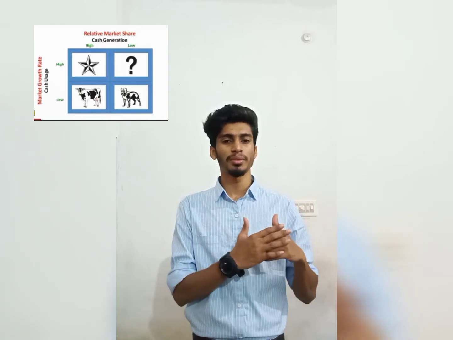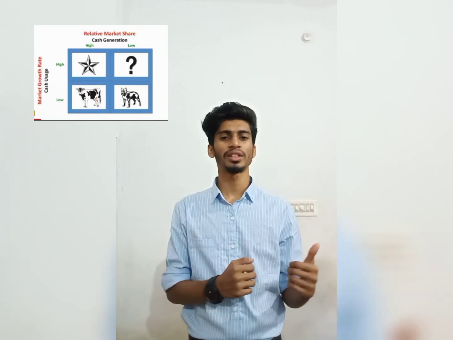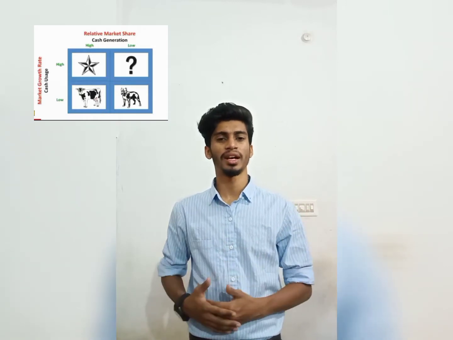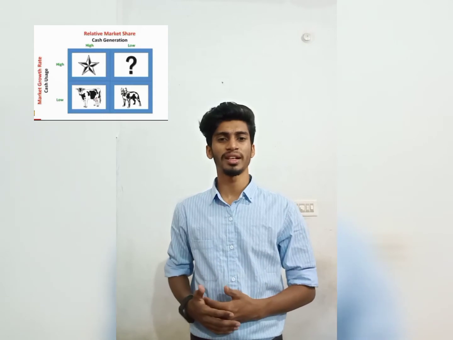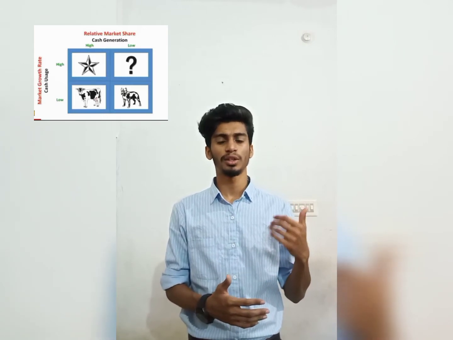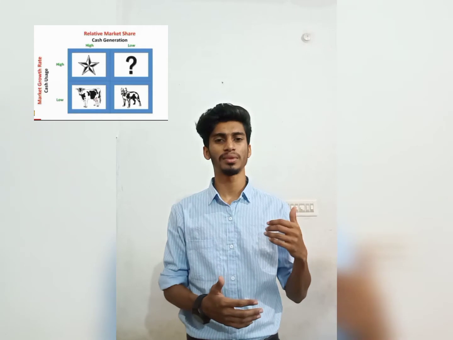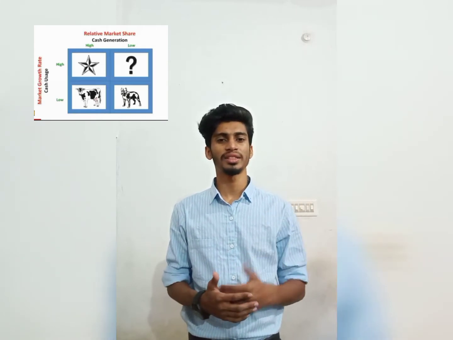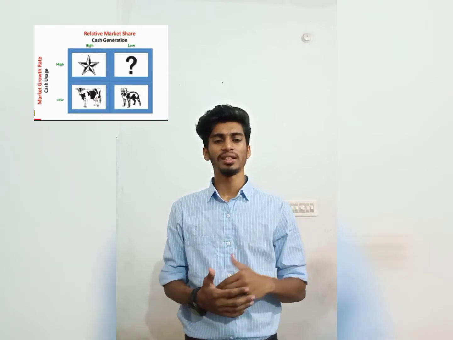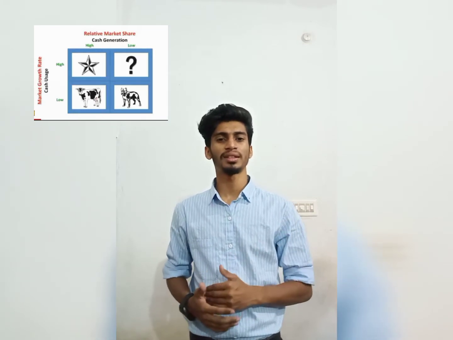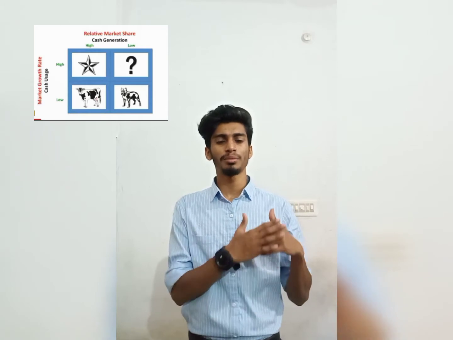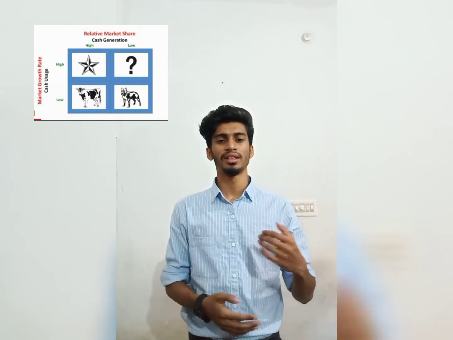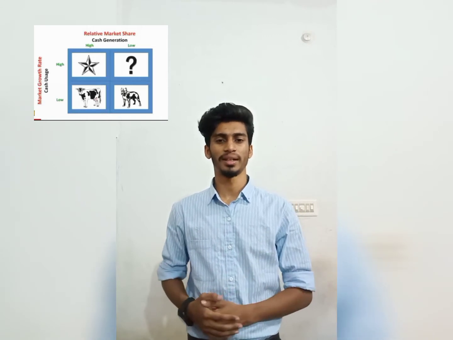And moving to the question mark category, Google Docs and Google Drive have a relatively low market share and a very high market growth rate, so they come under the question mark category. In the dog category, we can look at Google Groups, which is one of the products from Google, and Orkut, an online platform. They come under the dog category because the relative market share has fallen and the market growth rate has also fallen.